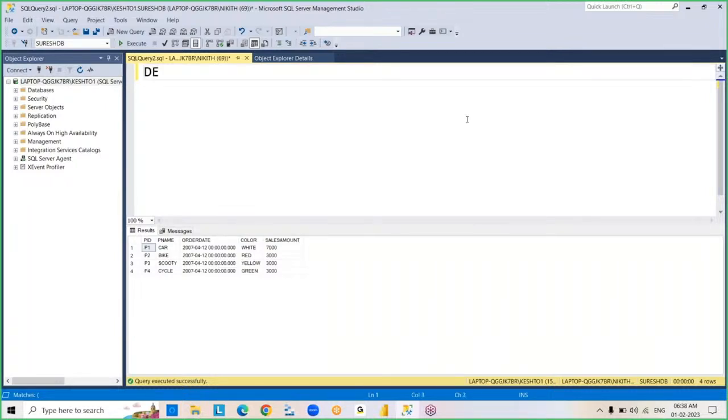So next command is delete. Used to delete the data from the table. See, we already worked with truncate, right? Then what is the truncate command? In DDL commands we worked with truncate, right? Truncate also is used to delete data from the table only. But the difference is